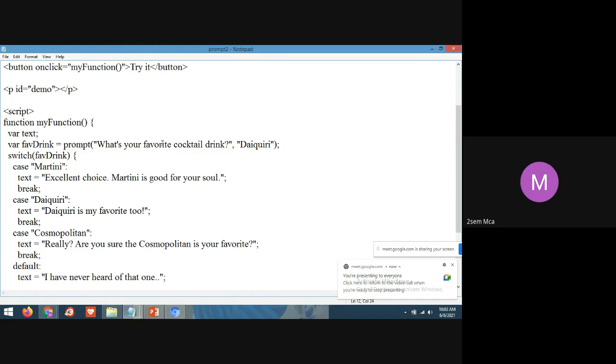See here, students, in this program it is about cocktail drinks. Here they have taken three cases.